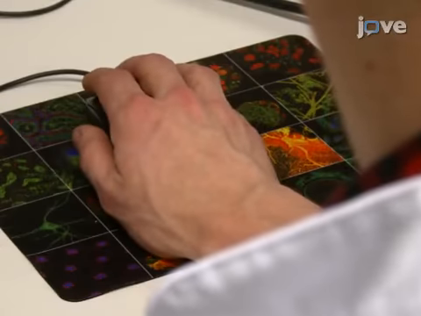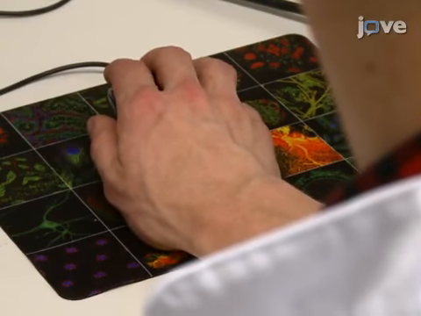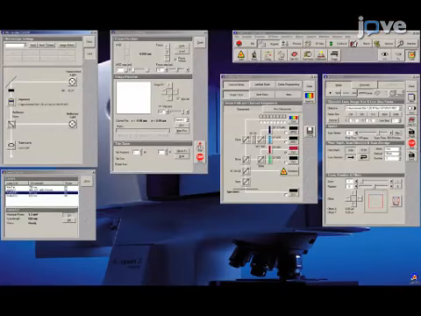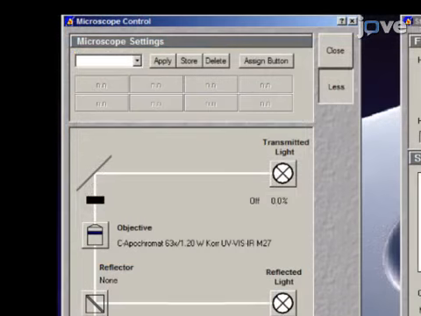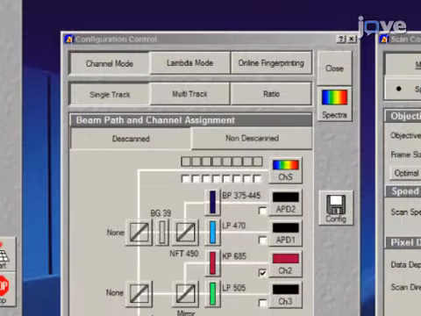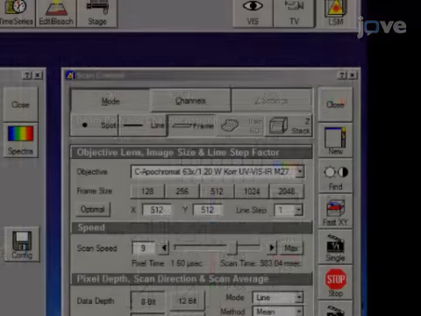Next, turn on the microscope and open the microscope software. Click on the following panels: Acquire Laser, Acquire Micro, Acquire Config, Acquire Scan,